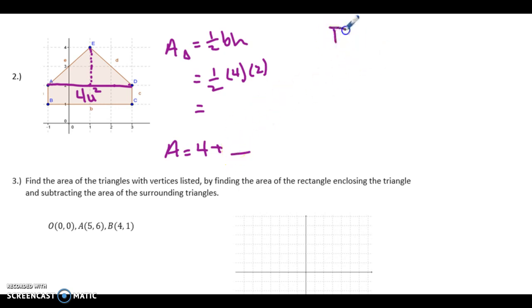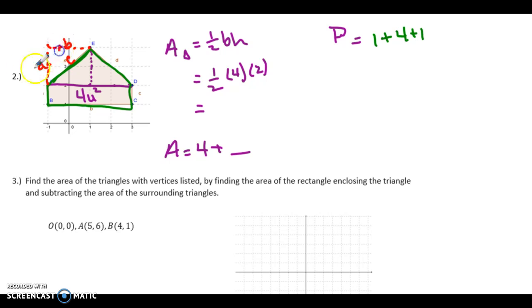Okay, and then to find the perimeter, we're just adding up all the sides. So when I find the perimeter, I'm going to count 1 plus 4 plus 1, 1 plus 4 plus 1, and then I need to find the length of these two sides. Since they're slanted lines, I'm going to use the Pythagorean theorem. So I'm going to draw in a right triangle here, and this is going to be C in my right triangle, and A and B are interchangeable, and in this case it's an isosceles right triangle,